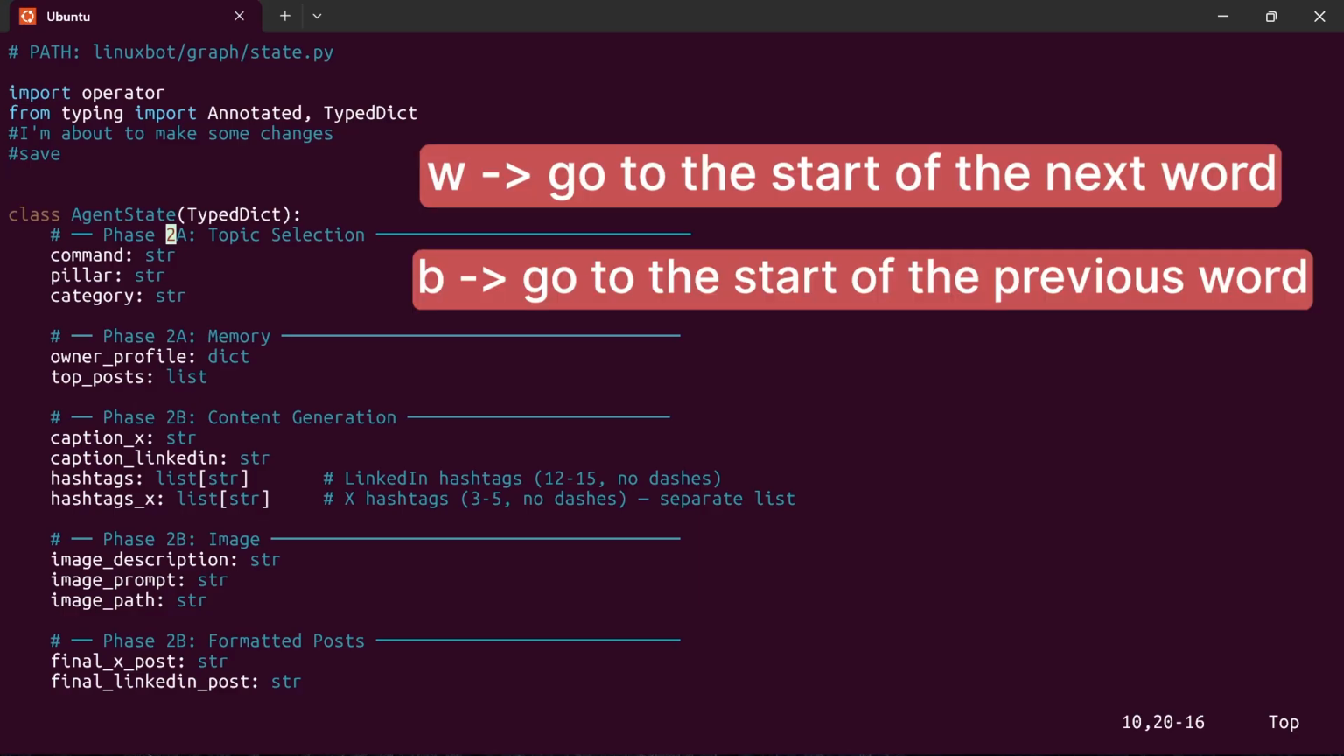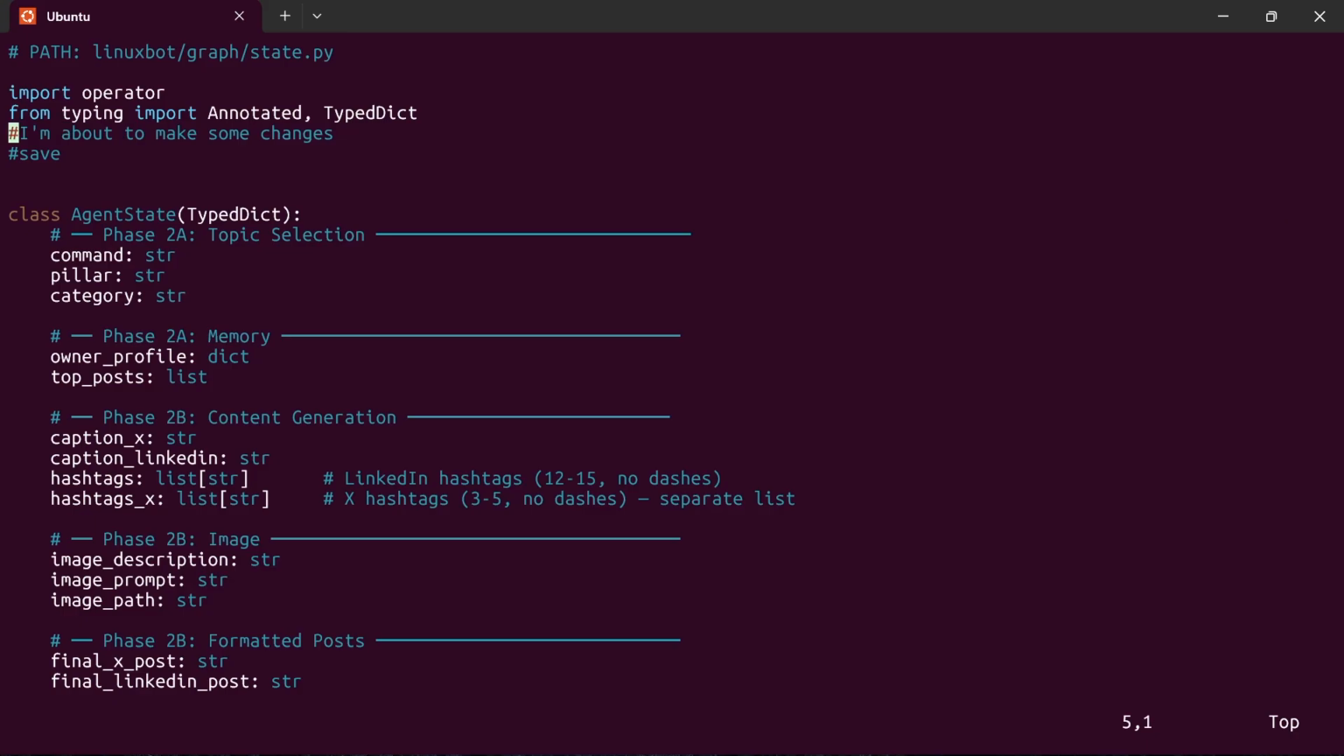The starting of the previous word, you just press on B. Again, you see I'm just jumping to the previous word, the starting of the previous word. Okay, so then if I want to jump to the end of the current or next word, so if I'm in this,